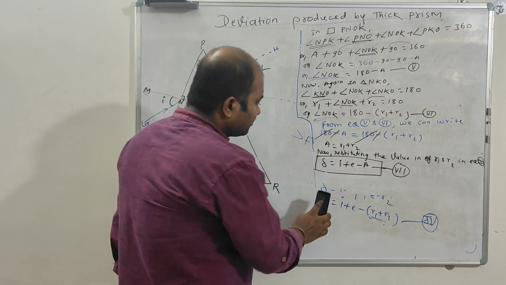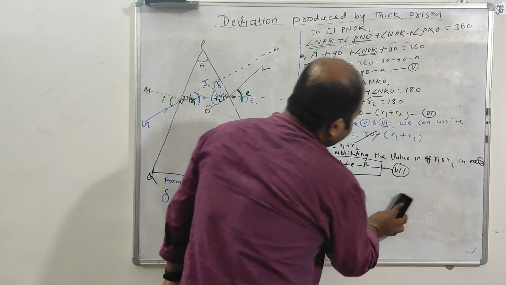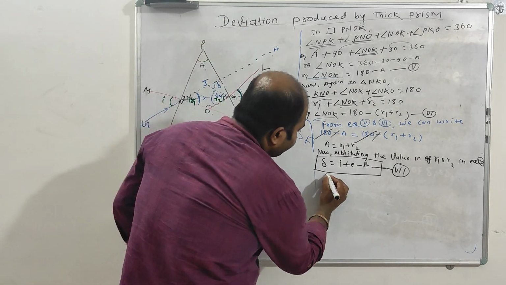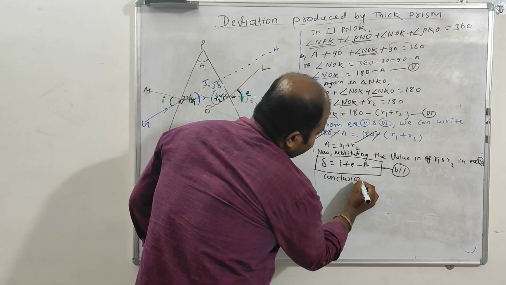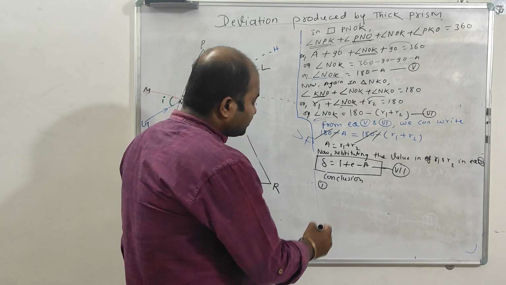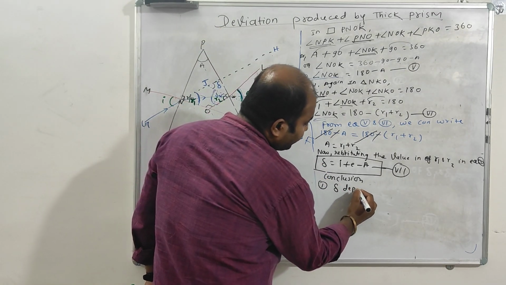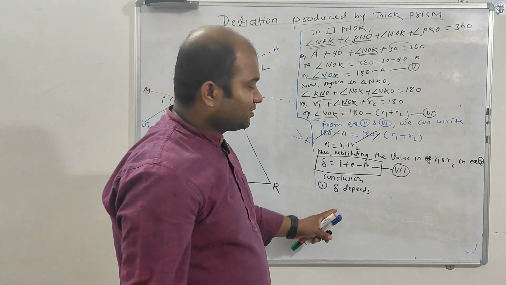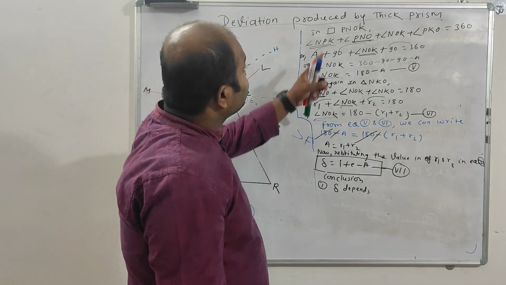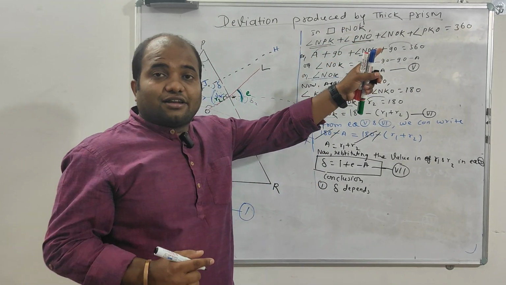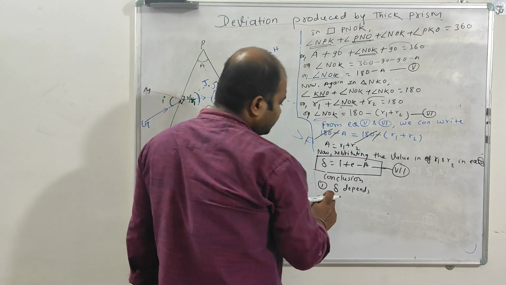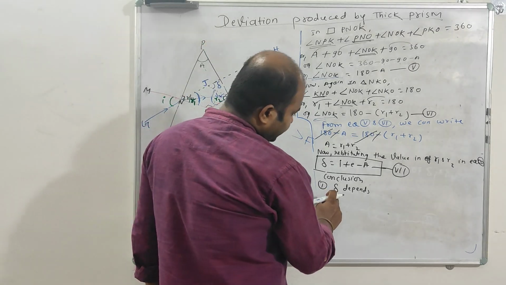So what we can write now is the conclusion. So the deviation produced by thick prisms, del, depends upon, you can write in all the total form, I am just writing a shortcut. You have to write deviation produced by thick prism, that is very, very important because it is a thick prism. In further lectures or coming classes, I will be teaching about thin prisms. At that time the difference equation is there. So del depends upon